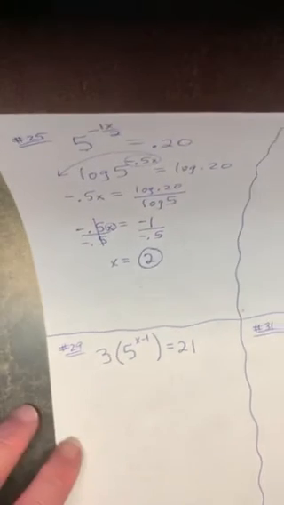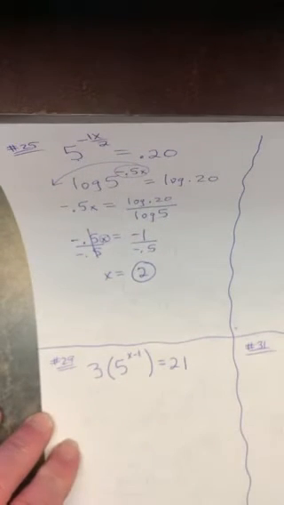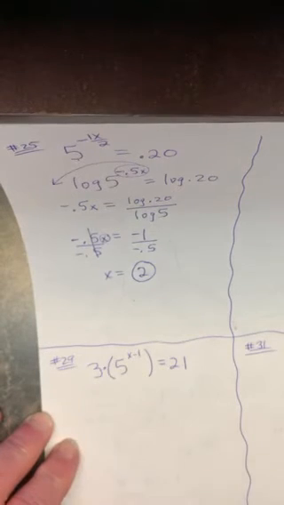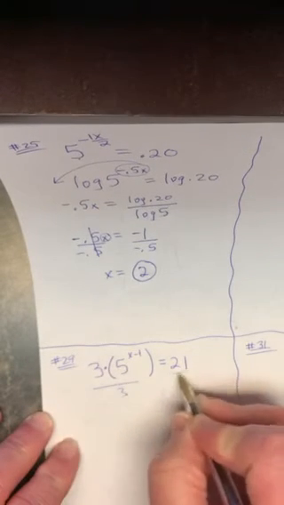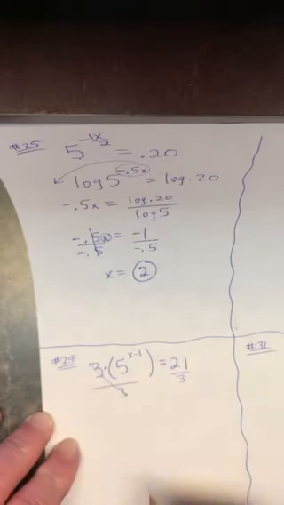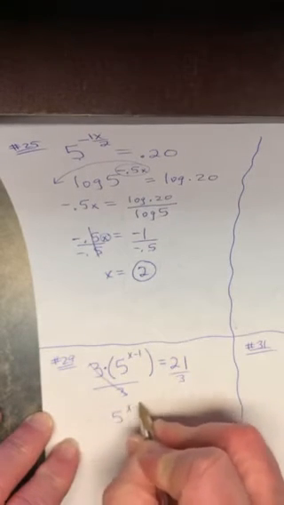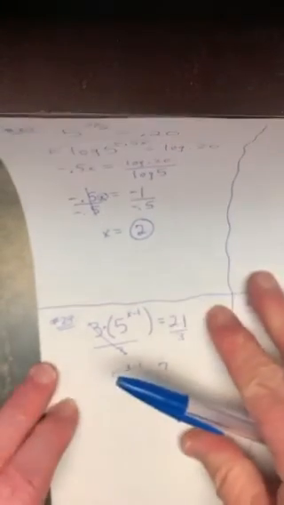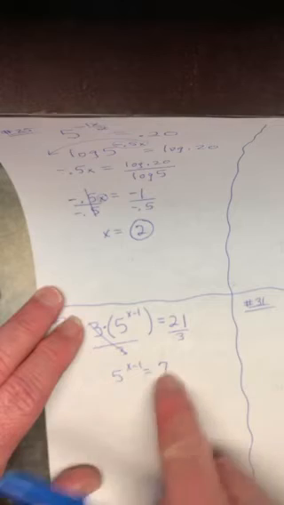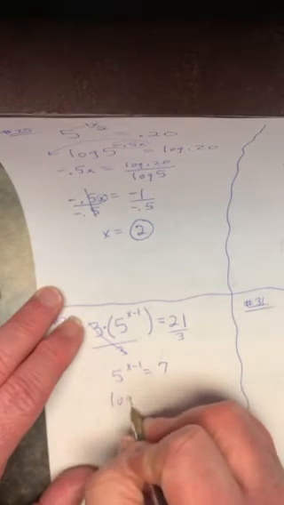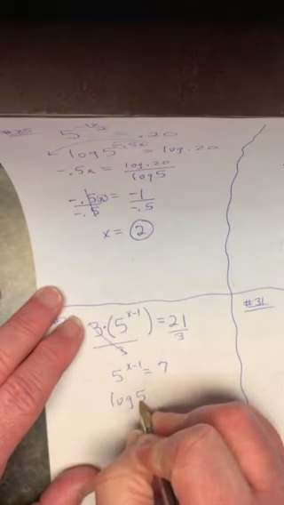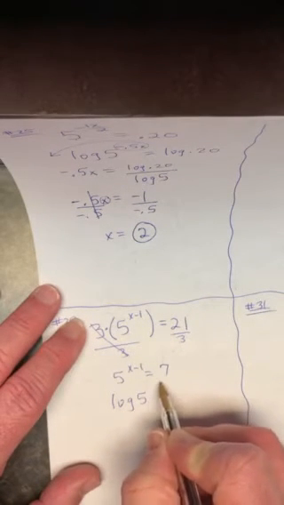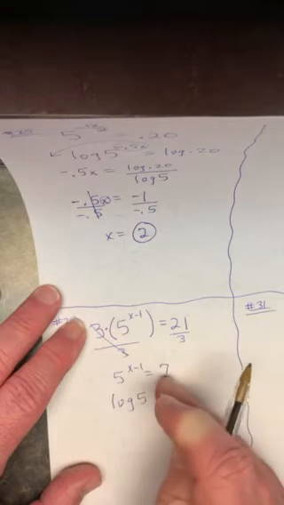Number 29 looks like this. Pretty obvious first step, right? Again, calmly look at this and think your way through. Since that's a dot connected 3, I'm dividing both sides by 3. Those cancel. I get 5 to the x minus 1 equals 7, right? So far, so good. I'm going to what? Log both sides. So I've got the log of 5 to the, okay, freeze. Think with me here. My exponent is x minus 1, and that whole thing is getting moved to the front